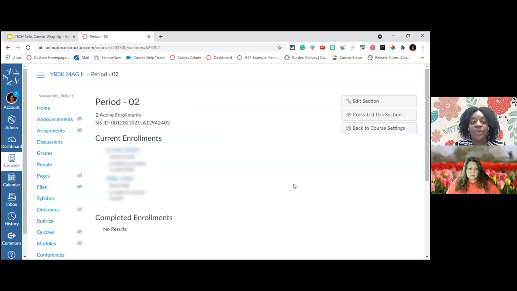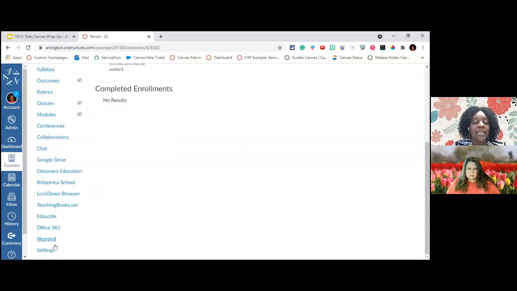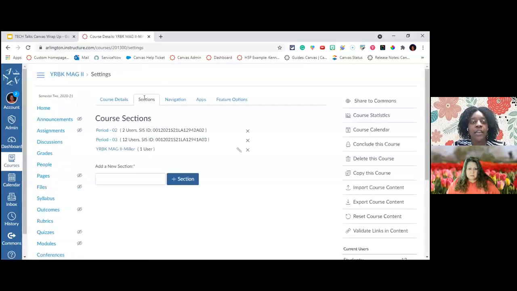The last thing that I want to show you is if you truly just have one student that you want to provide extended access to, and maybe not the entire class period. So I don't want all of second period to have extended access to my course. I just want one student. And so you can extend access for individual students as well through a section. So if I go back down to the settings in the course,